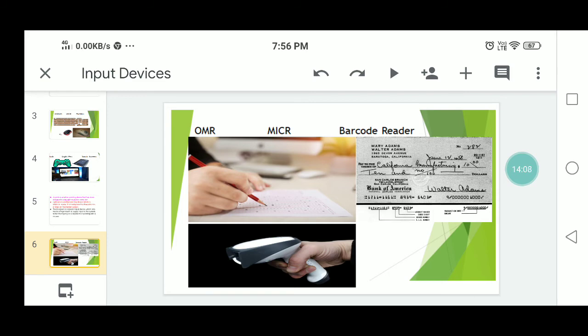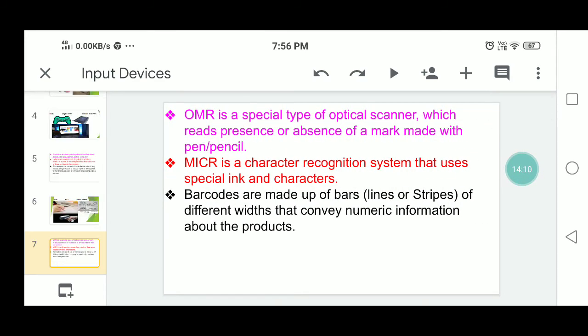So the next, MICR. This magnetic ink character recognition is a character recognition system that uses special ink and characters. This MICR technology is used by banks.